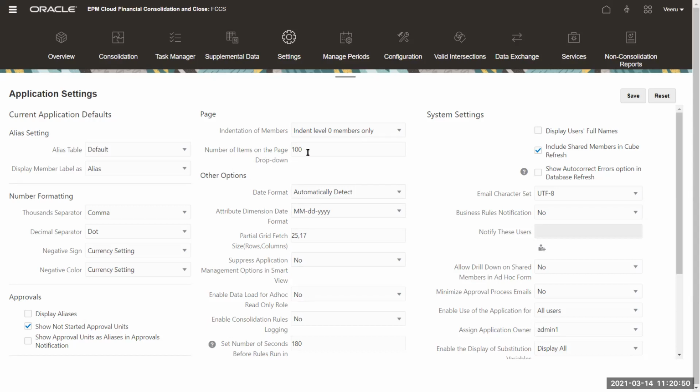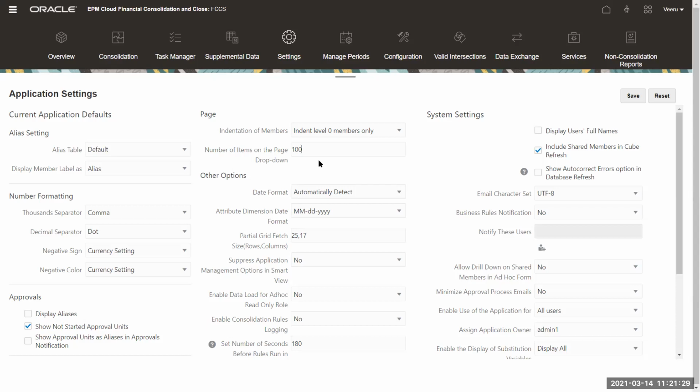For example, in the account dimension, there will be thousands of items. You can say, oh, I want to show only 10, or I want to show only 100. After that, there will be 3 dots, and then you can search for the remaining actual member name itself. So it will help you more from a user friendliness standpoint. So how many you can see in a drop down, and then after that, it will be a search button. So you can search the actual account. Okay. This is that setting. So this will give users an aesthetic feeling when you're working with them. They say, no, I don't want to see all 1,000 items. I want to reduce the actual list, and then should be able to search.